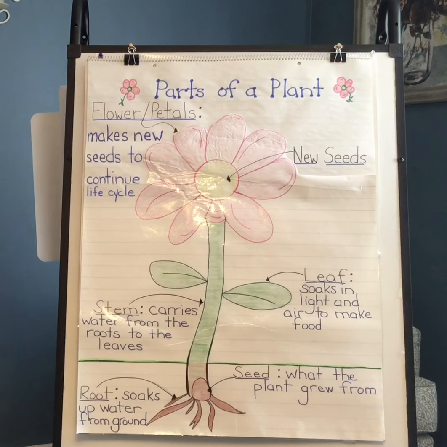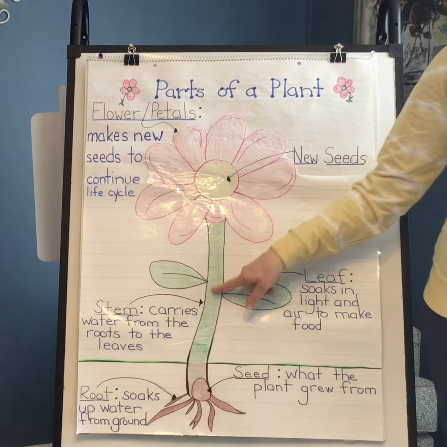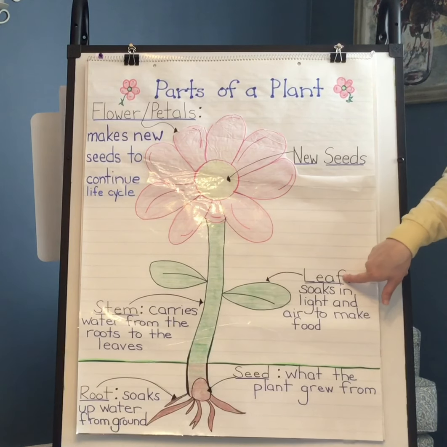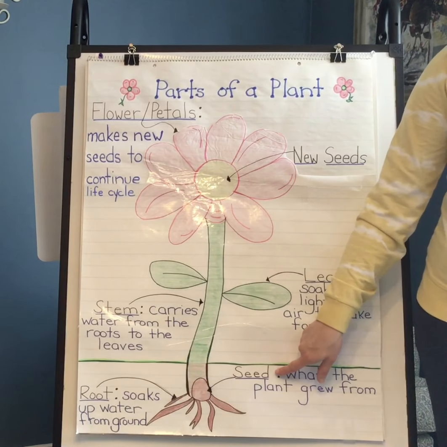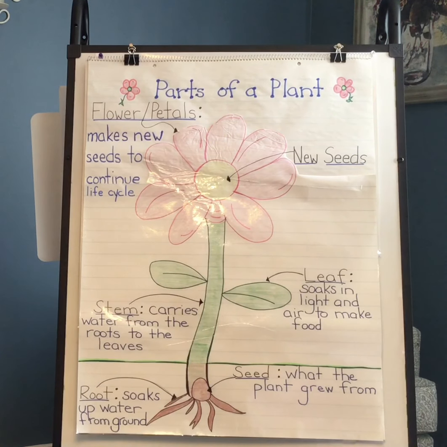I hope it makes you understand a little bit more about a plant. Maybe when you go walking outside next time, or even if you have some plants in your house, take a look at the different parts and see if you can really name them and understand which part is the flower and the petals and the seeds. What does the stem do? What does the leaf do? And let's talk about seeds and roots as well, because without seeds and roots, the plant could not even grow.